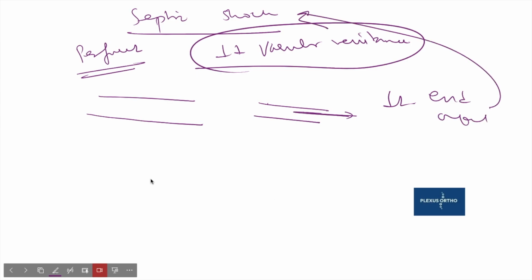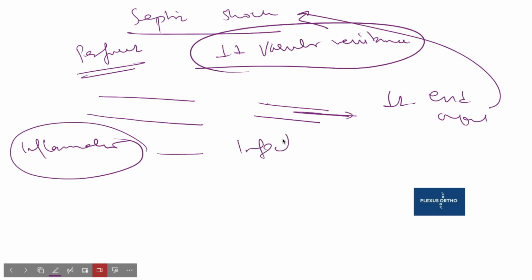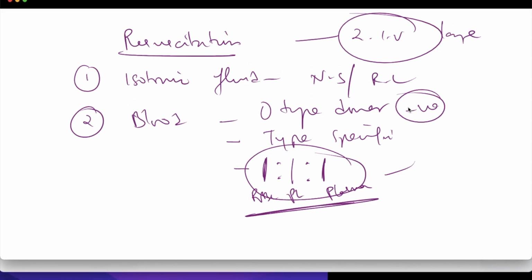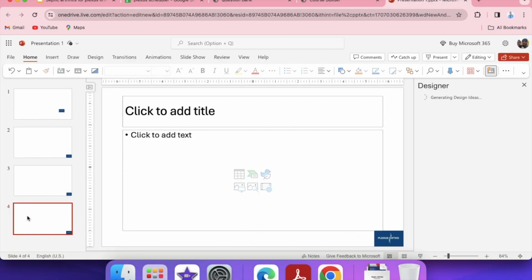Why does this happen? This happens in 2-3 conditions. It can be some kind of a sudden inflammatory response, or could be initiated by an infectious inflammatory response. The most common that we see in orthopedics is an infectious inflammatory response. So let us compare and contrast between septic shock and